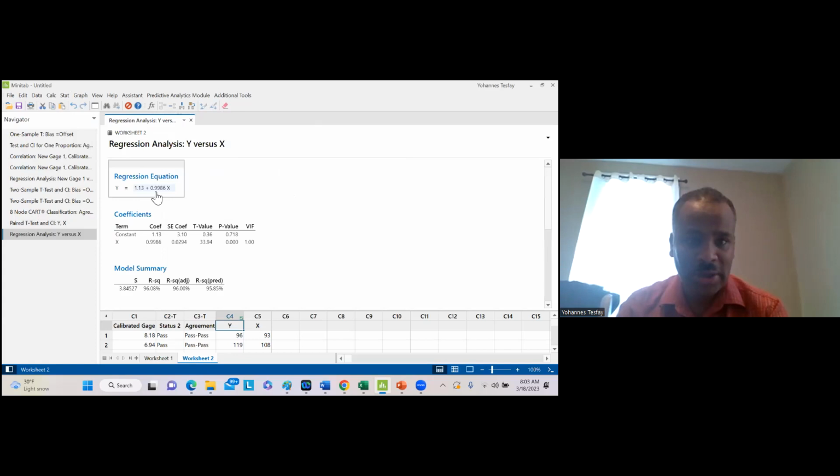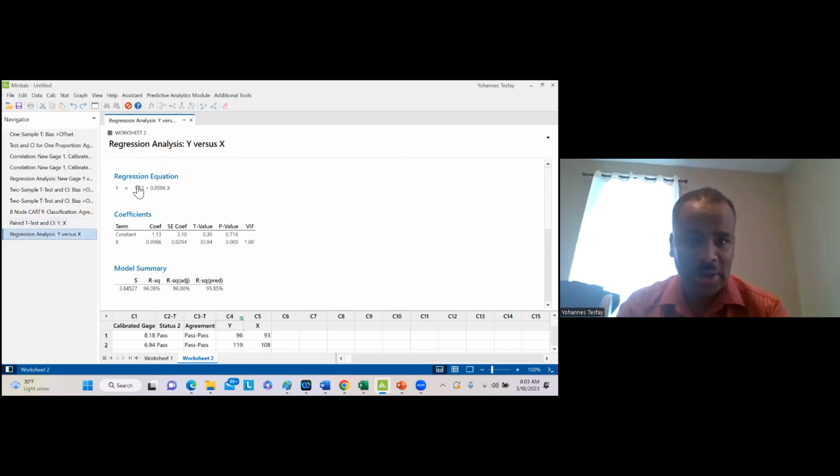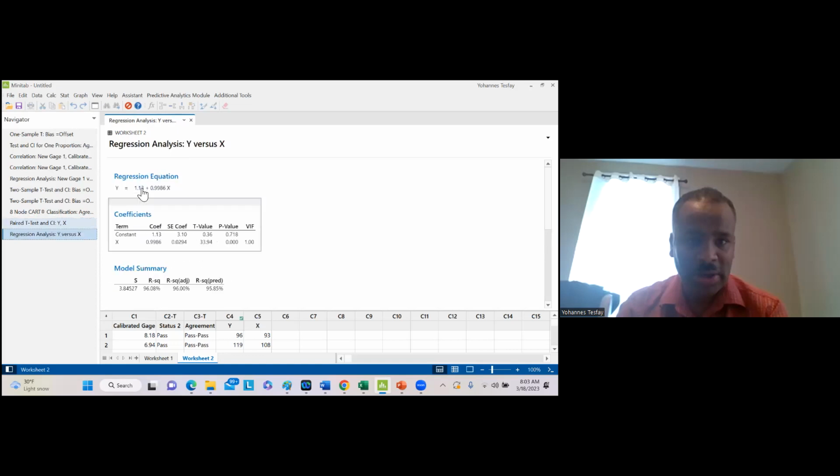So you see, previously, right here, the bias was 0.98. In the regression test again, what is the bias telling us? It's telling us 1.13. So which one is the best here? Is this the best estimator or is this the best estimator? Which one? Regression. The second one. Yeah, regression. The 1.13 is the best, because there is no